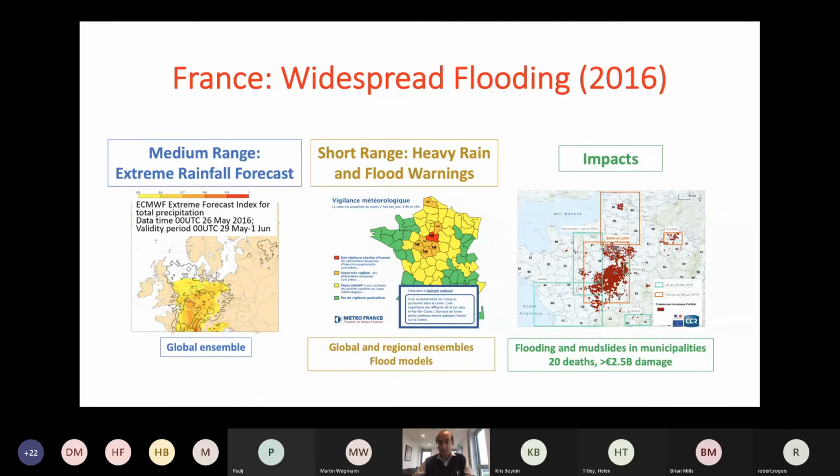There was uncertainty about the uncertainty itself, and also the impacts of the flooding were not totally captured in the forecast. That being said, I'd like to point you towards Olivier Caumond's presentation from earlier today in this workshop.